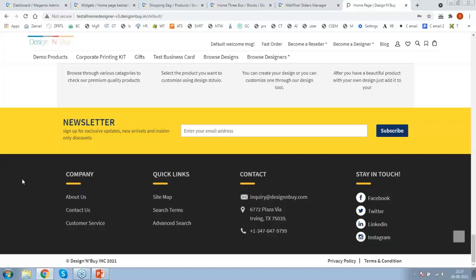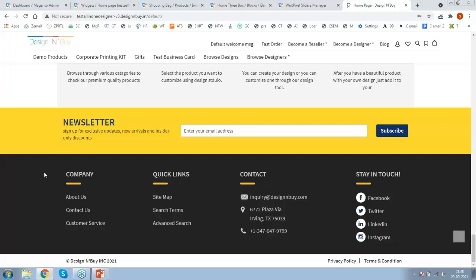We have contact information like email, address, phone number. Along with that, we have social links where we can route our customer to our Facebook, Twitter, LinkedIn or Instagram page. And finally, in the footer, we have copyright and then 2 links that can also be managed.